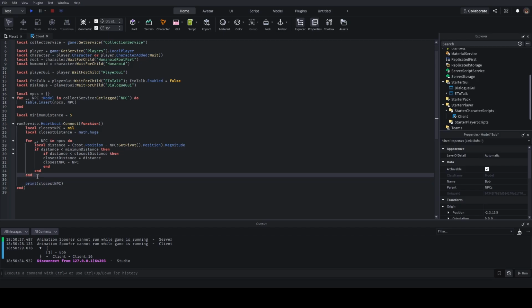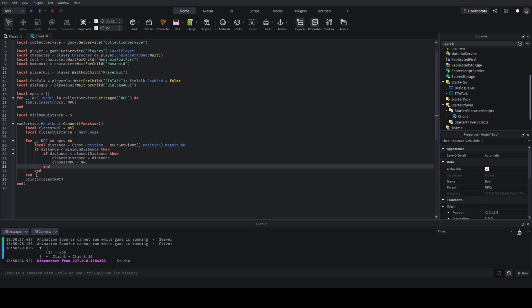Actually, that might be nil. So basically, what this whole thing does is just find the NPC closest to you in the minimum range. So it just gets the distance between your root part and the NPC's root part,